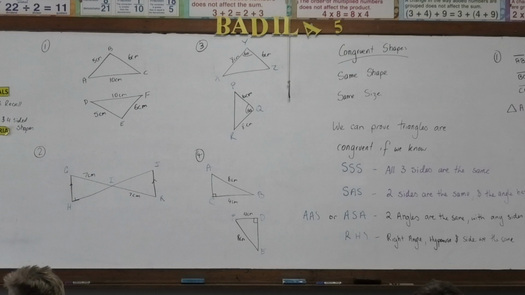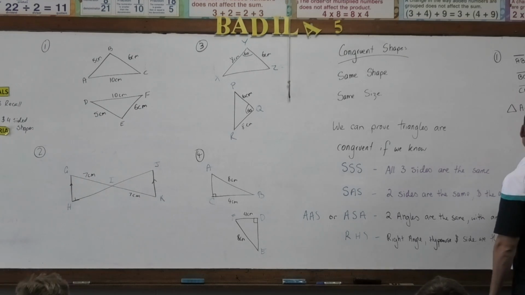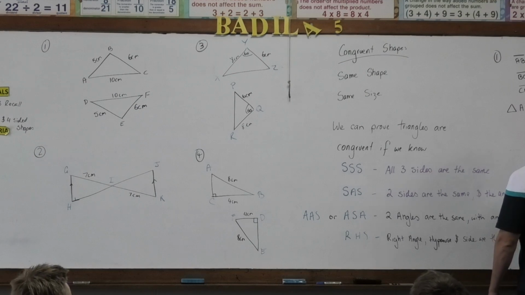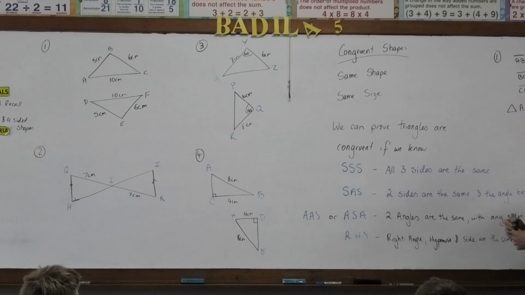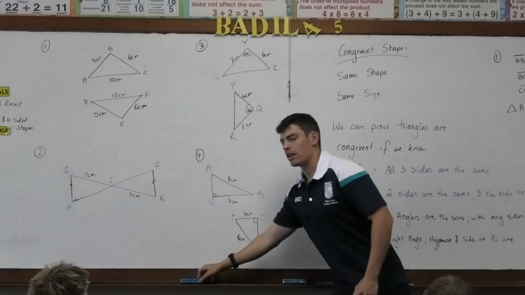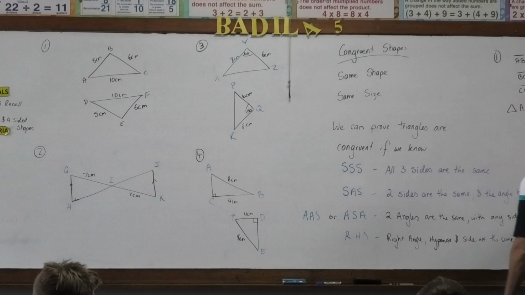So I want to show that these are congruent. I could write triangle ABC is congruent with triangle DEF, but that's long. Don't want to do that. So rather than doing that, us mathematicians have a shortcut. Just the middle one. In brackets,